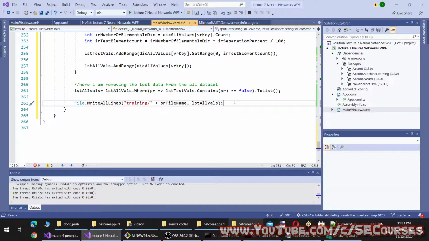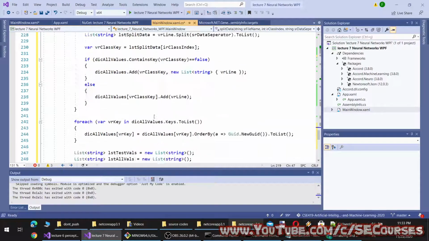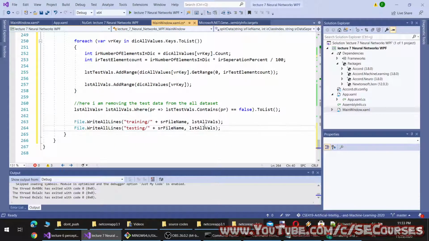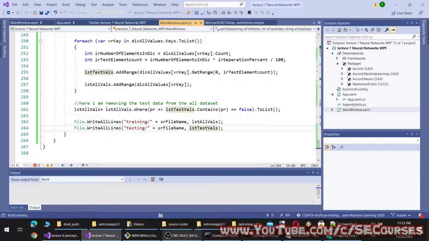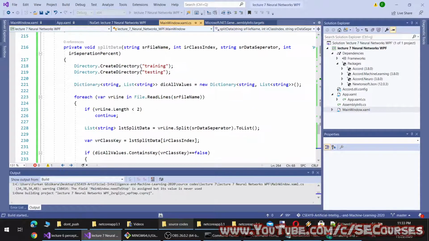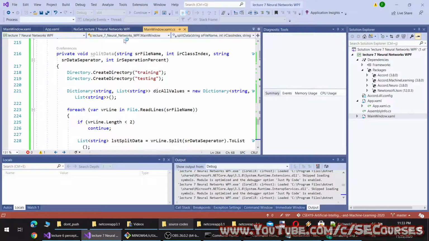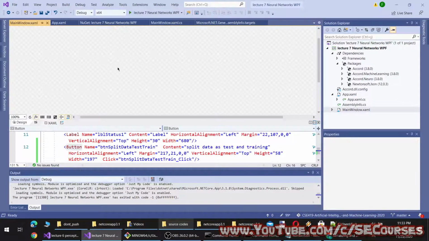Once I run this application, you will understand what I am doing. And this will be the test values. Let's run the application and see the result. You can also go line by line using debug, however this should work. I didn't call this method, so I'm going to call it here.